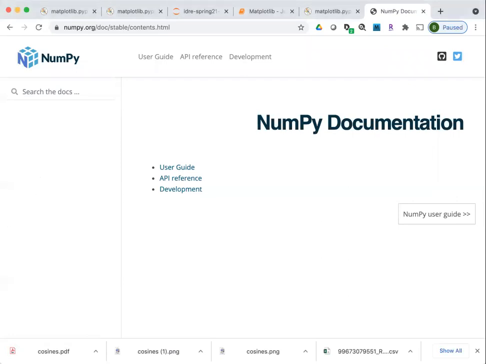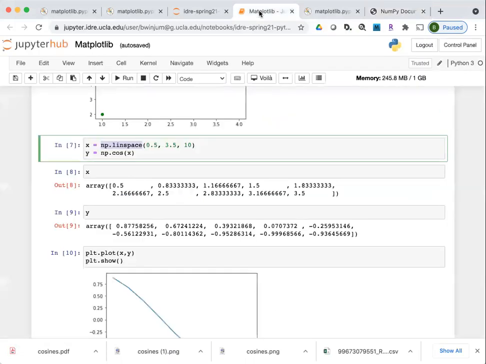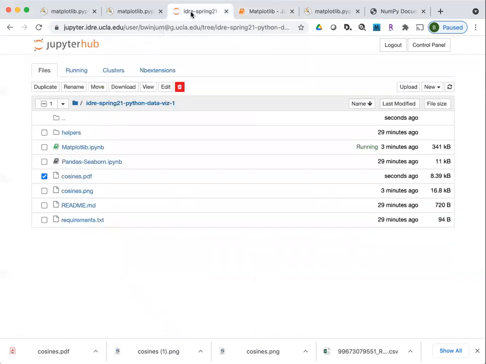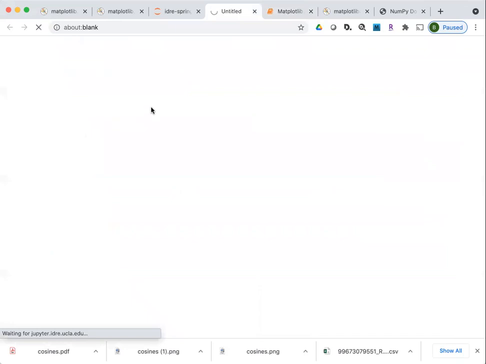To read in data to be displayed, do you mean that you want to use different data in the plot function? To some extent, it depends on what file format the data is in. So we'll come to this a little bit later. There are a variety of different ways that you can import data. So I'm going to jump ahead just a little bit here just to show you this.